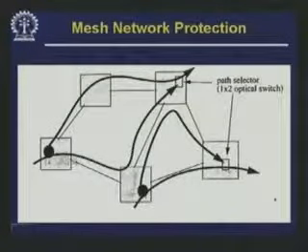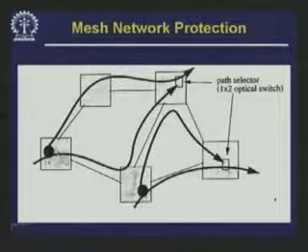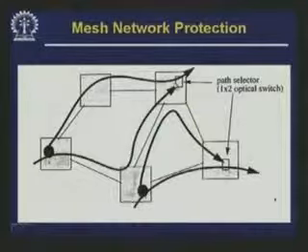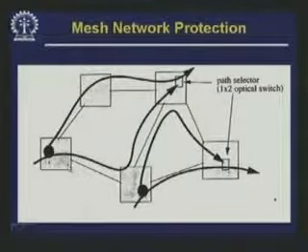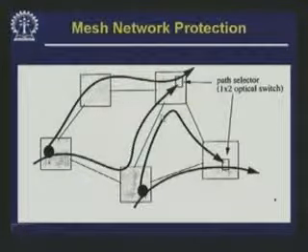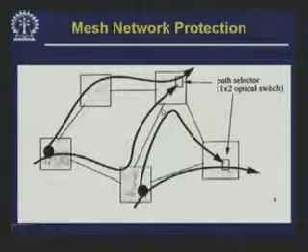So, this is an example of a mesh network where let us say this is the primary path, this is the alternate path. This alternate path may be pre-computed or it may be computed on the fly when there is a failure. Similarly, from here to here, this may be the primary path and this is an alternate path. Please note that this communication as well as this communication, both of them are going through the same fiber. So, maybe they are going through different wavelengths, or maybe they are combined together. So, there are various ways of handling this.